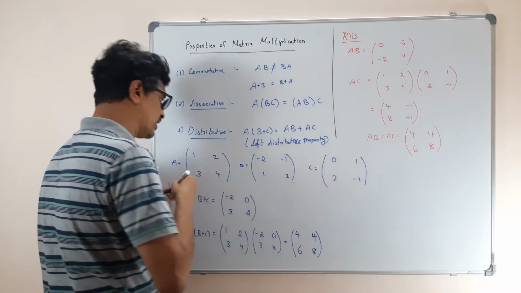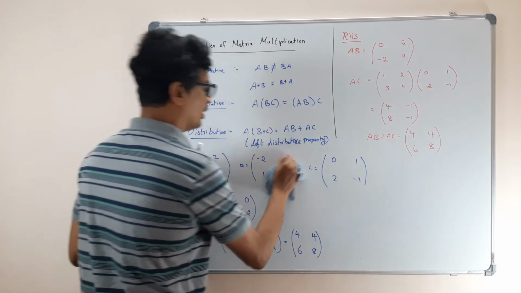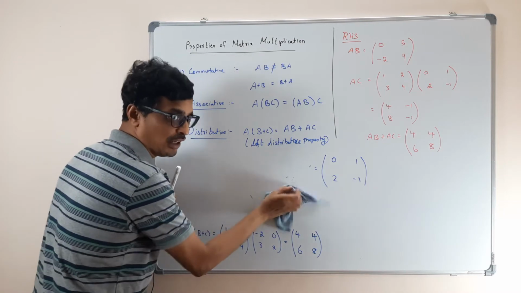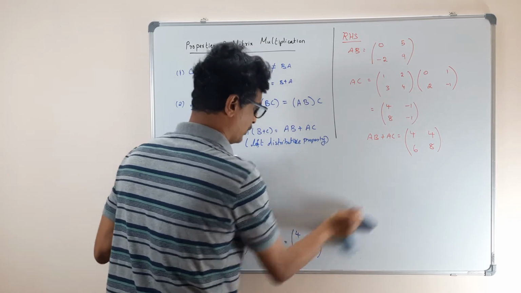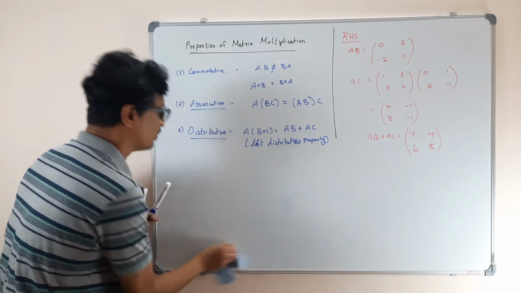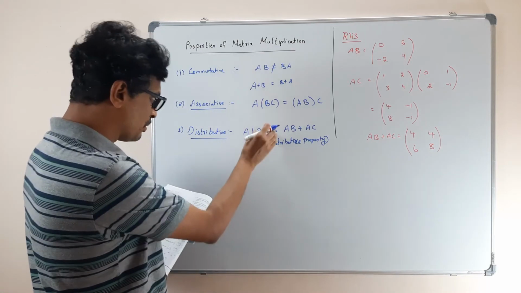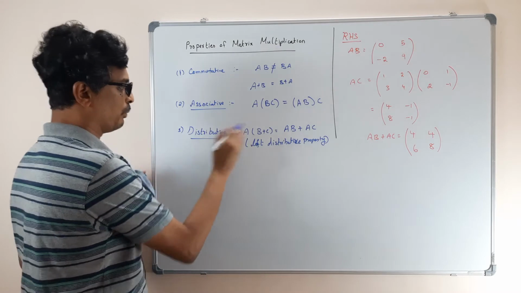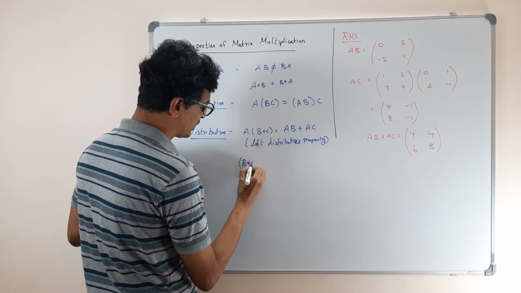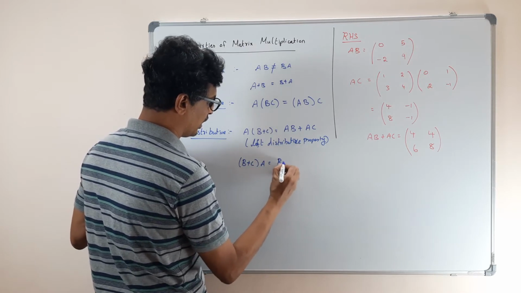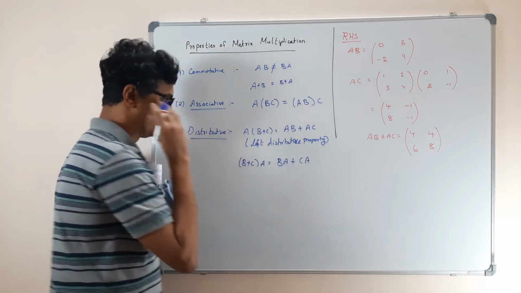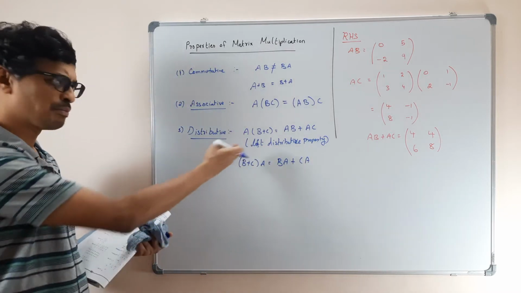Similarly, it satisfies the right distributive property also. Right means you just push the things to the right hand side. Okay, I am not doing the proof of it. It's simple. You can test it by yourself. The same way you have to add it up. So the right distributive law will be, you just push it here. Swap it. So what it will be? B plus C into A will be equal to BA plus CA. And this you can prove, simple.